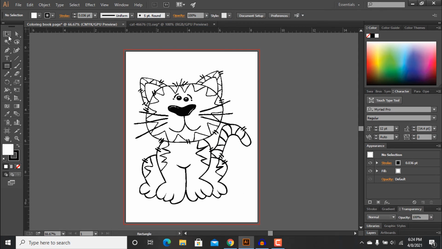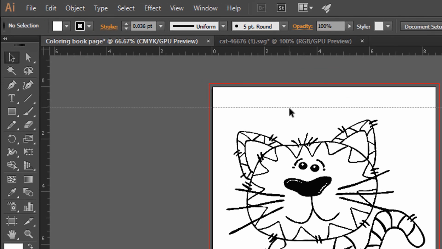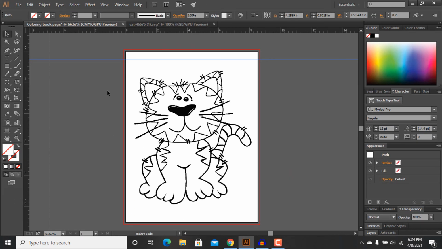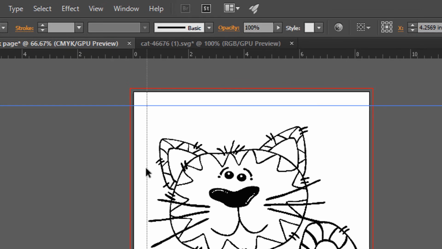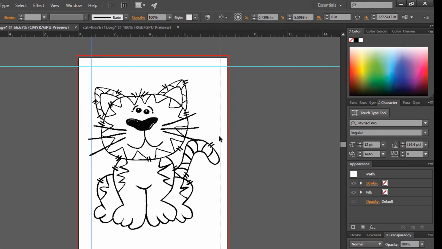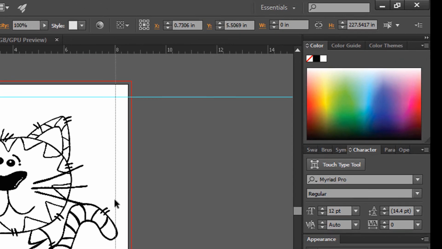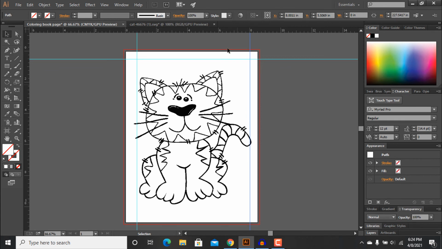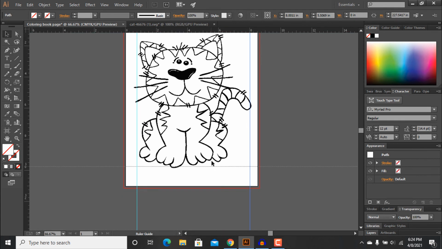After rulers have been shown, we are going to place one ruler at 0.5 inches, another ruler at 0.75 inches, and similarly another ruler at 8 inches, which will give us a margin of 0.5 inches, and another ruler at 10.5 inches.